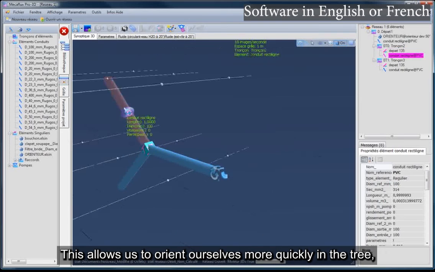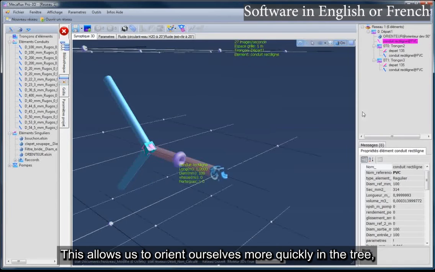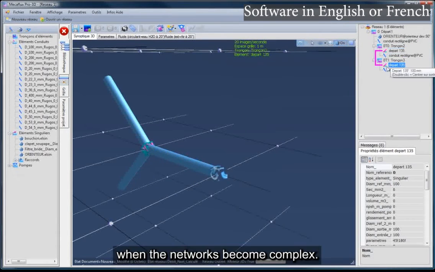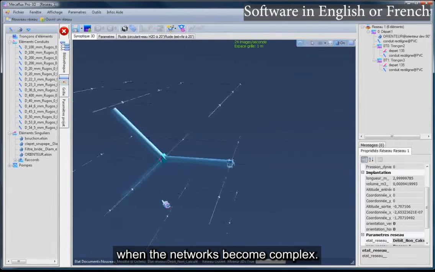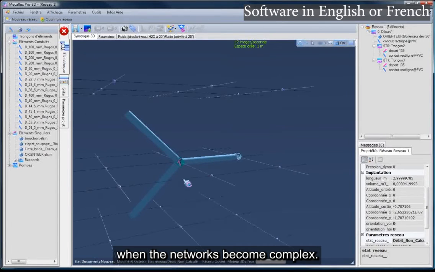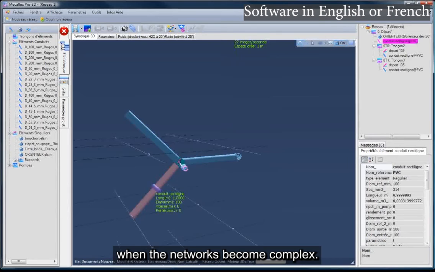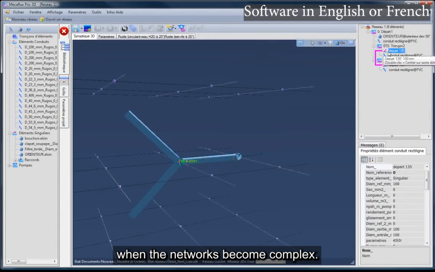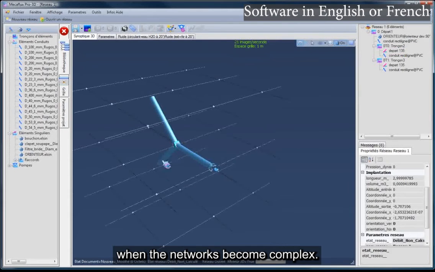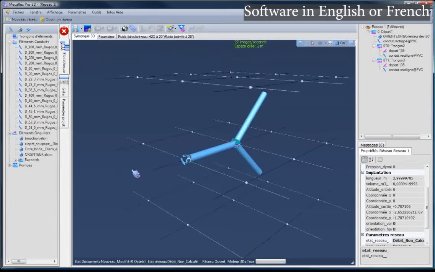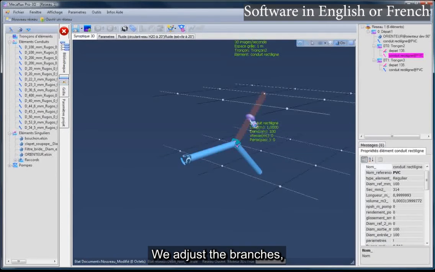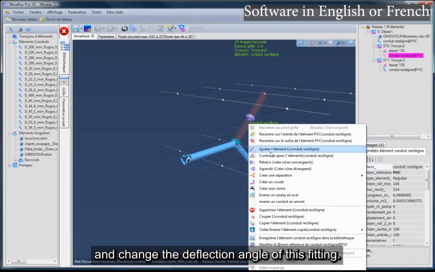This allows us to orient ourselves more quickly in the tree when the networks become complex. We adjust the branches and change the deflection angle of this fitting.